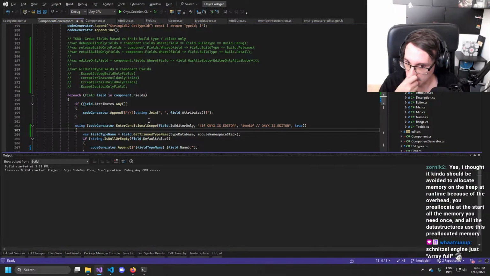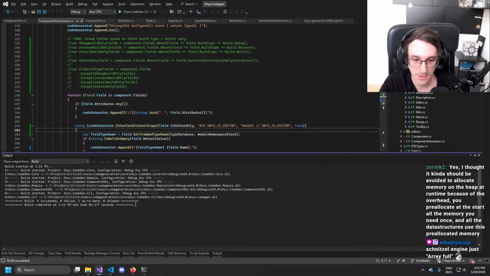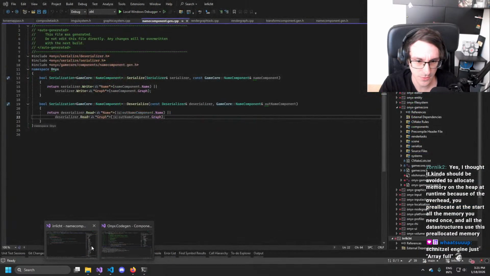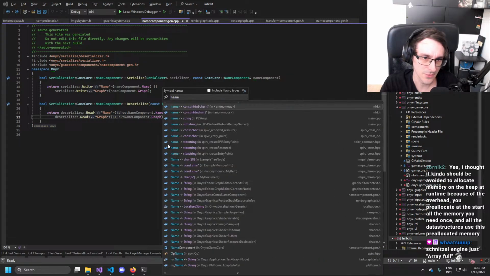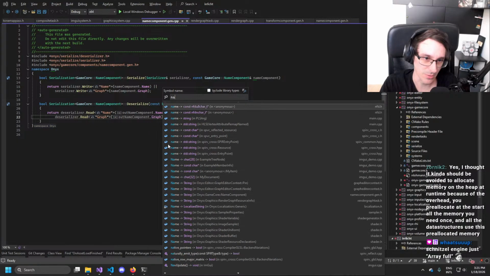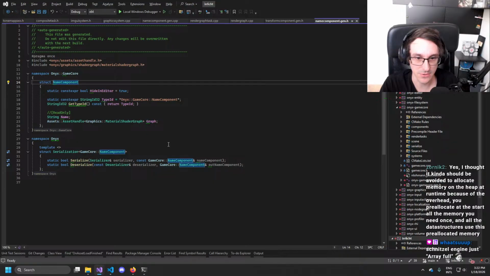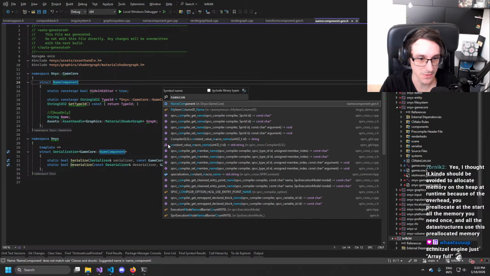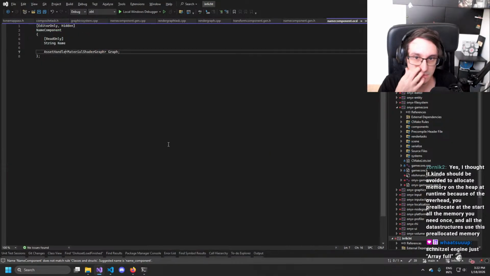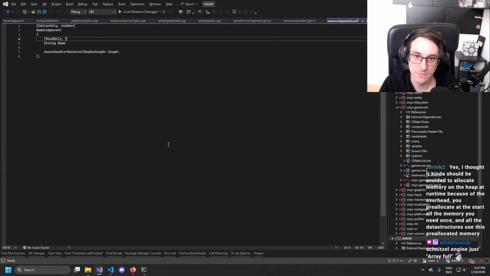So let's see if that builds. Okay, and then let's add one of those conditioner ones. Which one would actually be a good candidate for editor only? Probably the name component might already be one that might be editor only. It's already marked editor only.